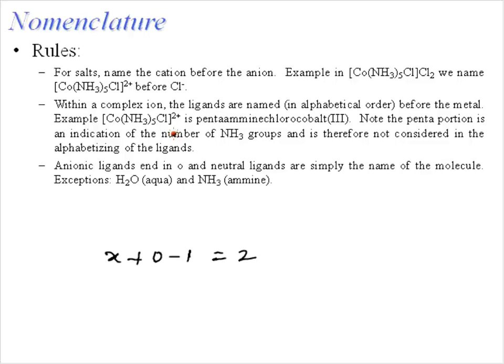And it is possible that in the name of the ligand itself there is di something or tri something. So we don't do it like this, penta, di type of thing we don't use in that case. So if ligand itself has got something Greek in it, di, tri type of thing, in that case,